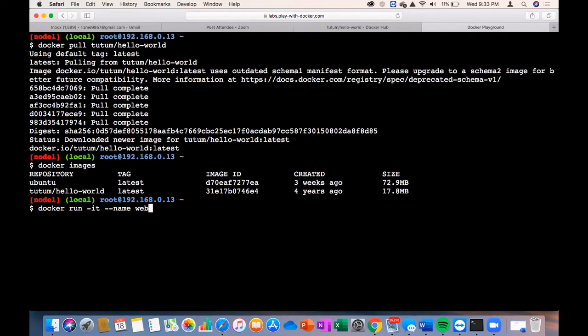Now since it is a web server, it needs to run and be exposed on a port, like port 80, port 81. To expose this image on a port, I am going to type the option -p. -p means port. Space. And which port? I am going to expose it on port 82. Just type 82, then a colon, not a comma.